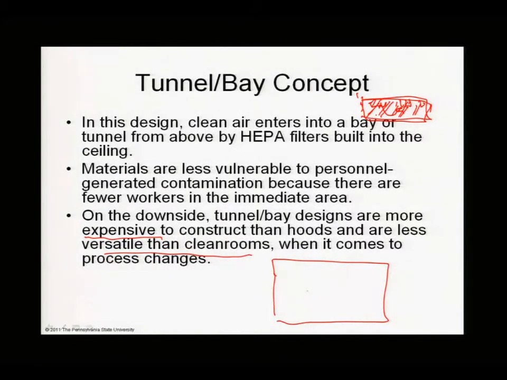So the tunnel bay approach is expensive, but it allows you to have better control of the environment. So it's more expensive than the hood, but it's not as versatile as a clean room, but it's less expensive than a clean room. So like everything else, there are trade-offs involved when you use this type of facility versus just the workstations, that is, versus just the clean hoods, or versus the next more complicated system, which is the clean